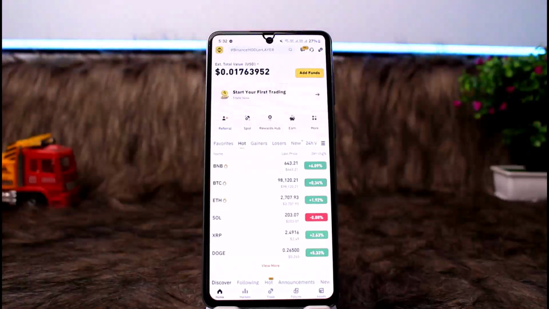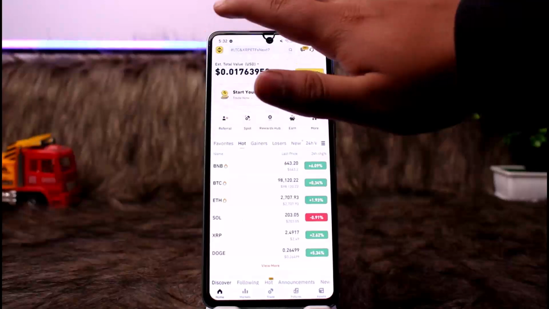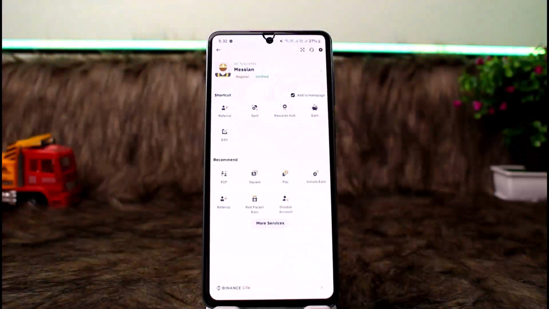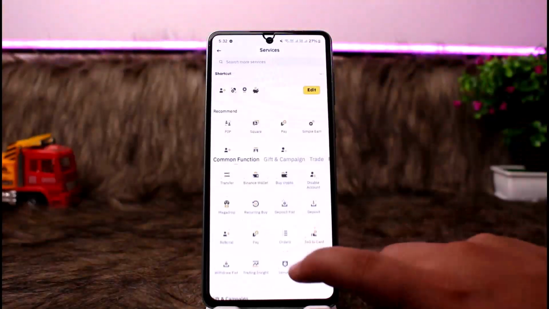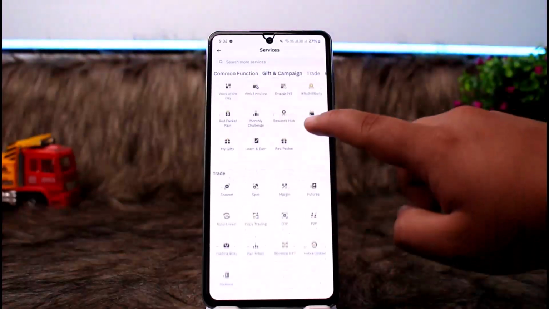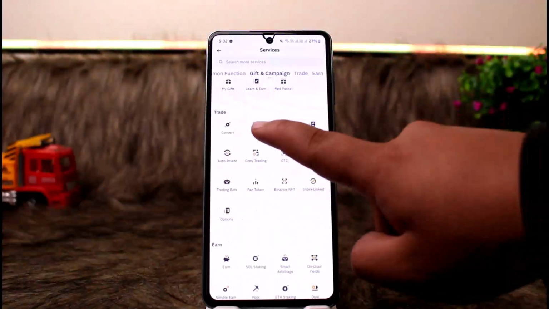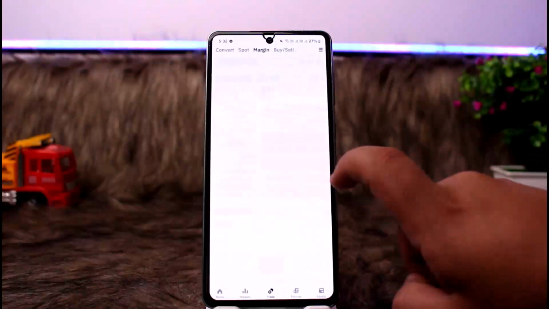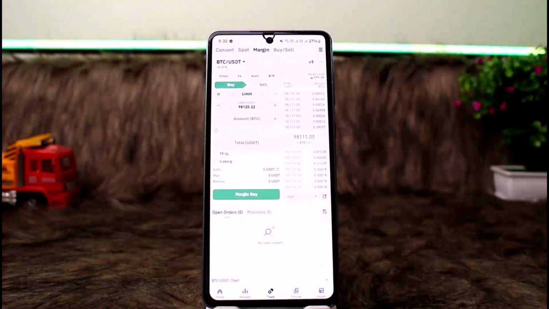Now once on the Pro, what you can do is again tap on the Binance icon at the top left corner, and then here tap on more services. Once you select more services, scroll down and head to the trade section. Under trade, you'll be able to find the margin option. Tap on it. Now once under margin trading option here, you want to select the borrow option to access borrowed